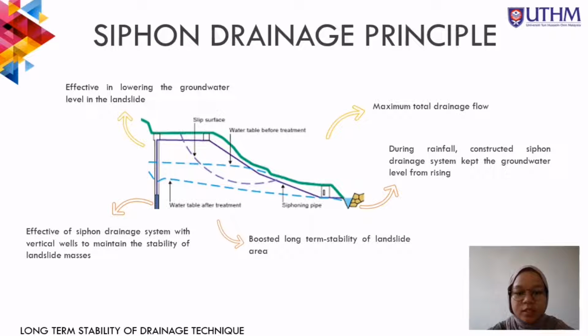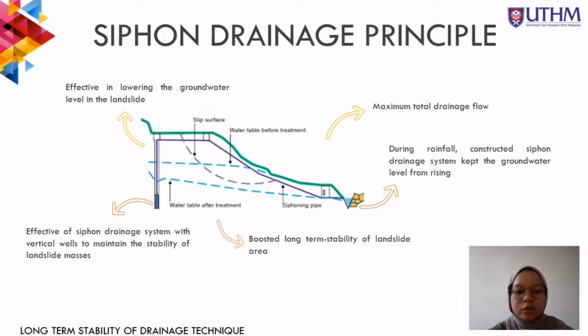The effectiveness of the siphon drainage system with vertical wells to maintain the stability of landslide masses in Bukit Antarabangsa, Ampang, Selangor is evaluated during our studies and research to determine the long-term stability of this technique. The levels of groundwater in each well as well as the water discharge from each well were investigated. And according to our research, the siphon drainage system was usually effective in lowering the groundwater level in the landslide,